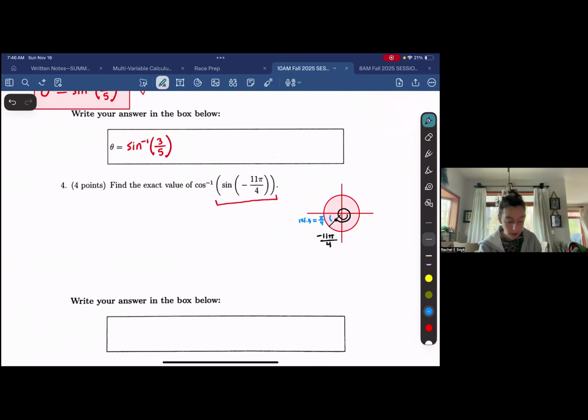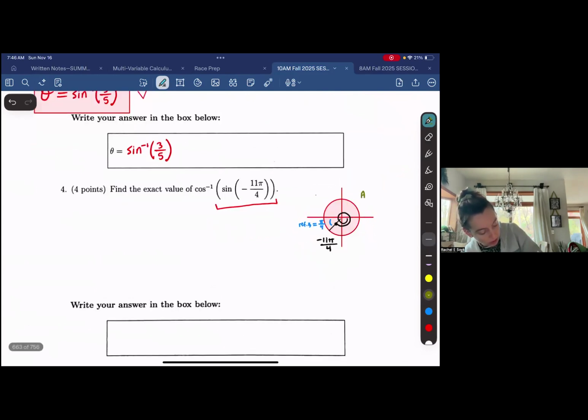What quadrant do we end up in? We end up in that third quadrant. So all tangent related functions are negative here. I said negative, I meant positive. Everything else is negative,